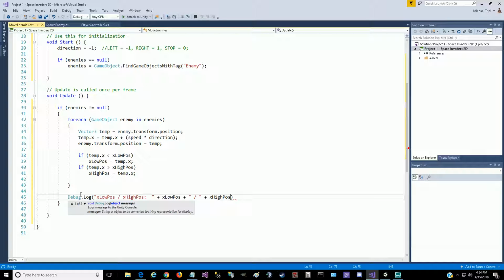X high position. So we're going to log those, and that'll help us in determining again what the extremes are going to be left and right in code here. So I guess we can do some of our checks. Let's see. We've got a